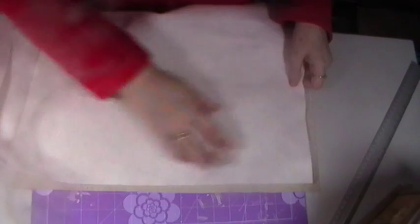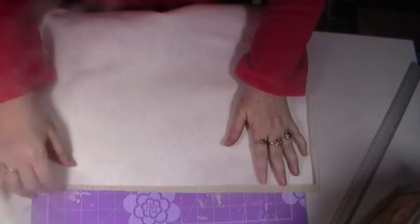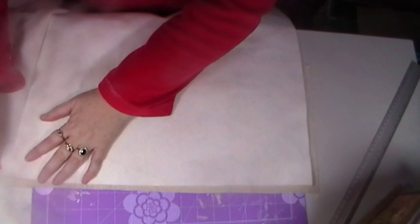Right, okay, so I'm just going to cut this so it's...